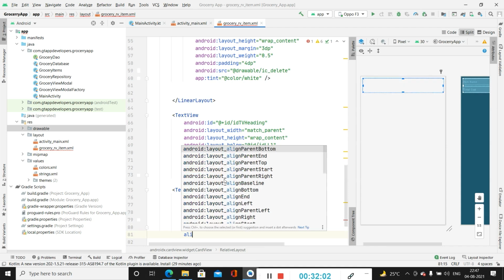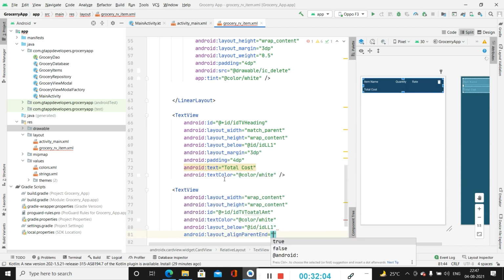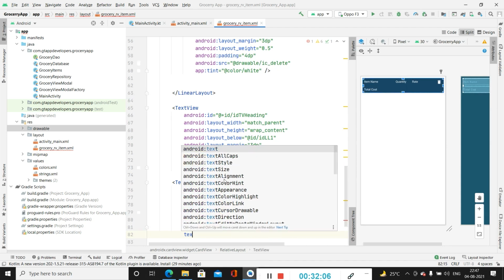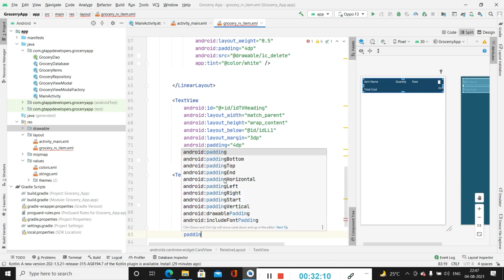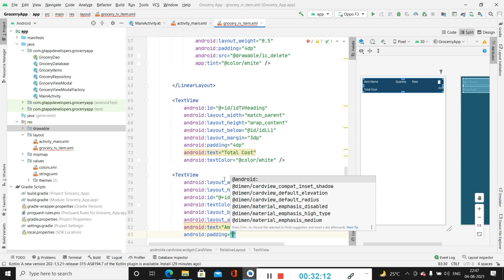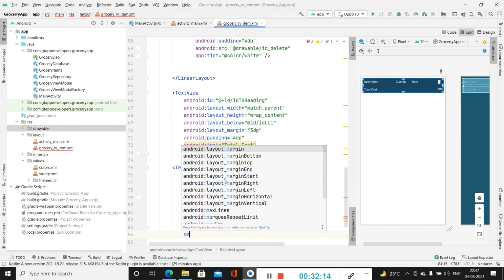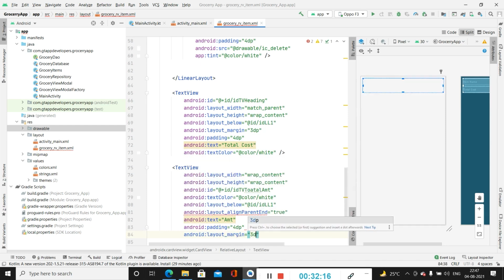After that we will set align parent end to true, text as amount, padding as 4 dp, margin as 3 dp.